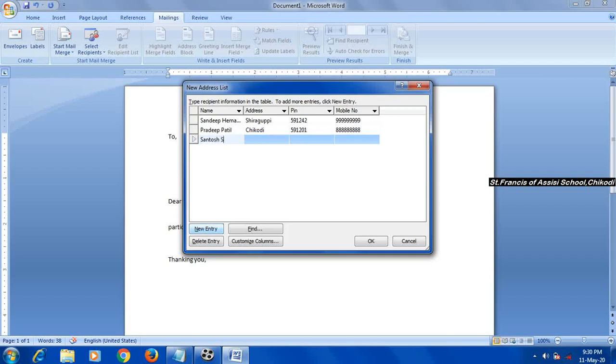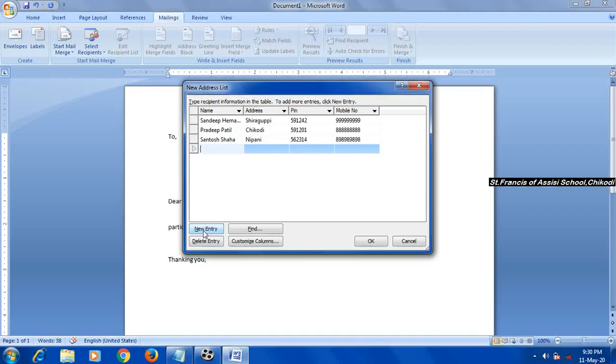Next, Santosh Shah. I will add Nippani as the address. I do not know the pin code of Nippani, so randomly I will enter a 6-digit number. Then I will add one number for the mobile field.